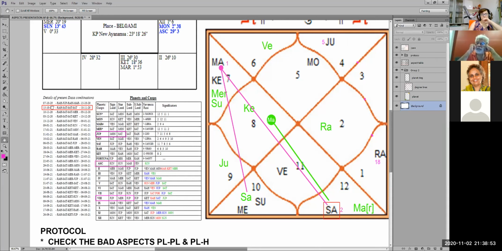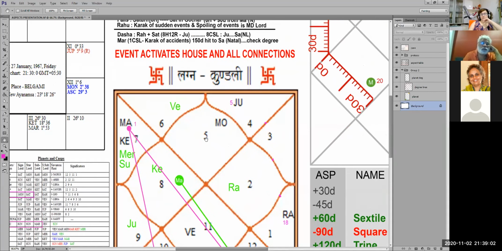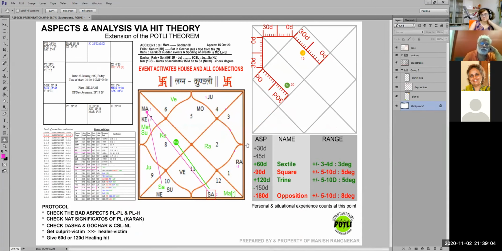What is it called? Dasha, Saturn, Saturn, Saturn. Can you see that? So basically, it is all giving a clear-cut hint. Achha, now this is one very important thing which I want to tell you, that whenever an event happens in anyone's life, that house gets activated. So it is like saying in reverse, you know, the dasha and all, you can cross-check again. But if any event happens, that house and all the connections suddenly get active.